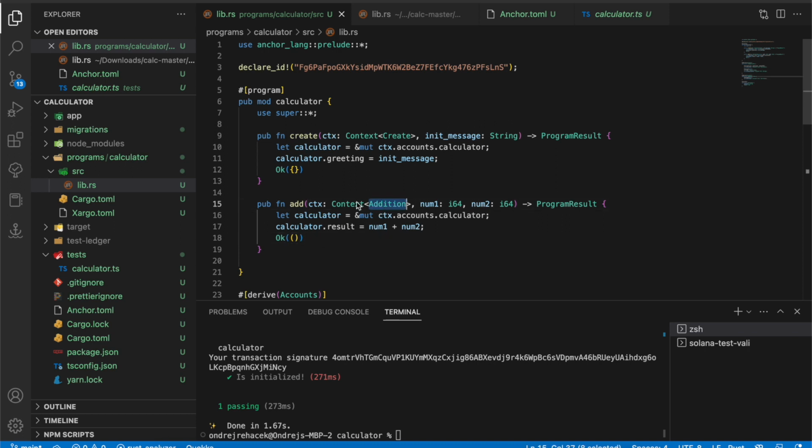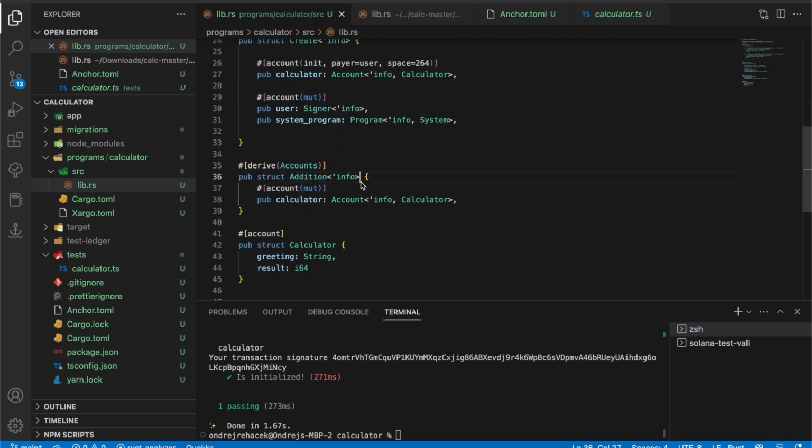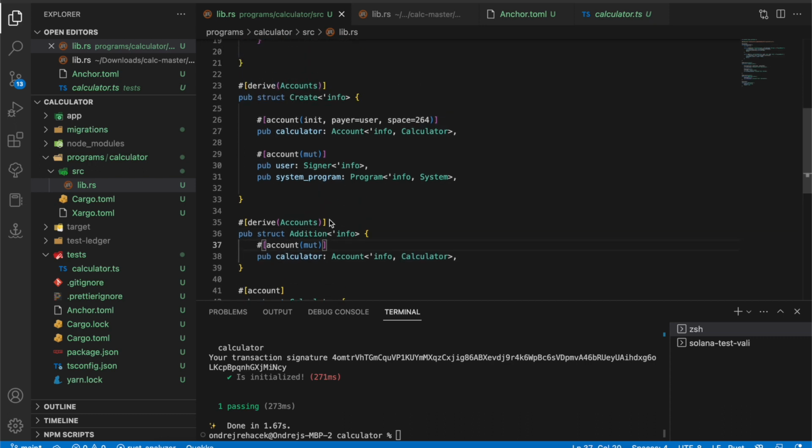As you can see, I'm creating a separate context for our addition, for our add function that I called addition. If we take a look at the addition, the only account that we are supplying in our context here is the calculator. And as you can see, we are supplying a mutable account that is already created in our initialize